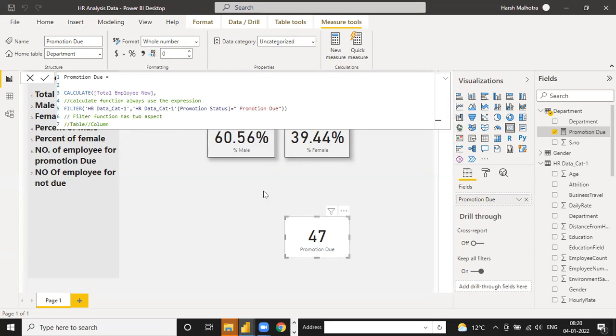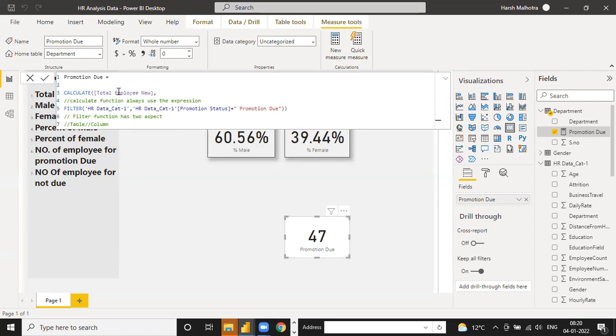See, the expression should always be a key measure. Why? Because calculate and filter functions help us with advanced analytics.